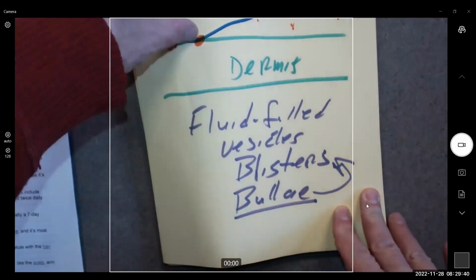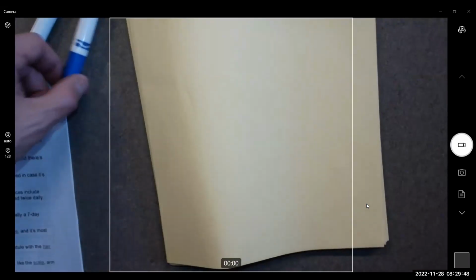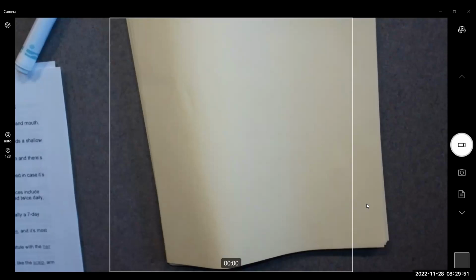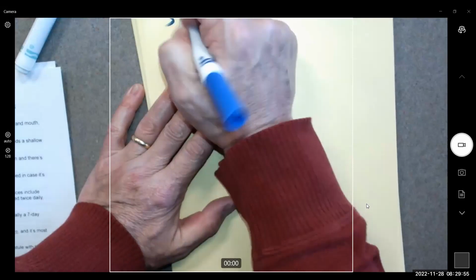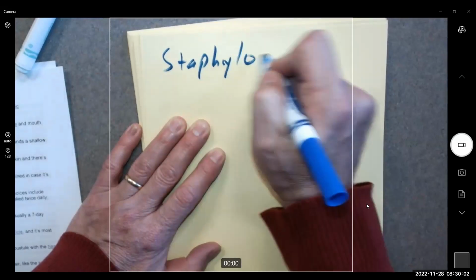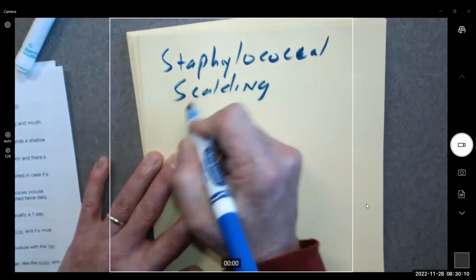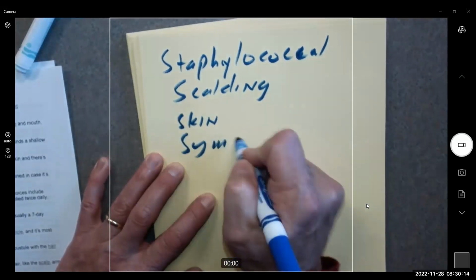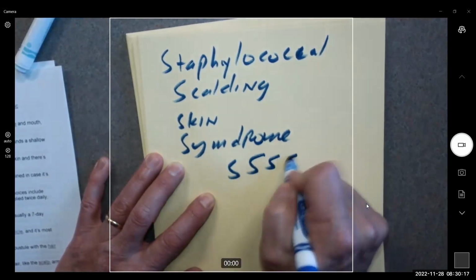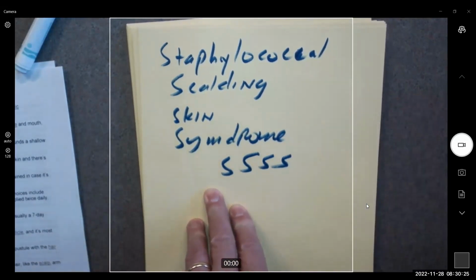Now, these particular strains of Staphylococcus that make the exfoliative toxin can infect babies soon after they're born, and they can cause this thing called staphylococcal scalded skin syndrome, or SSSS. In staphylococcal scalded skin syndrome, the infection is usually at the umbilicus. So it starts usually at the umbilicus, and then you start to get these bullous blisters, and the bullous blisters